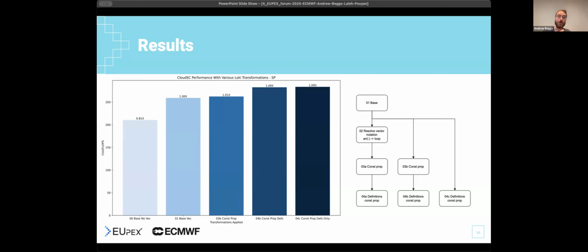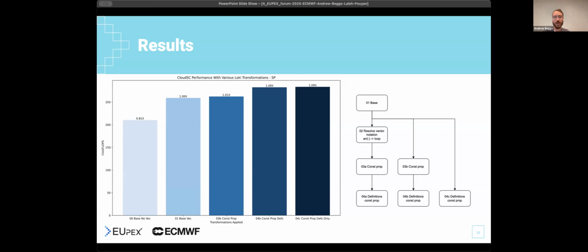And I want to say before talking about the results that anything on CloudSC is an achievement. And I'm not just saying that because I only got about 10% performance increase. It's because this code is 50 years old and it has had a lot of great minds thrown at it in those 50 years. So we're really at the edge of what you can get out of this code. So anything is good.